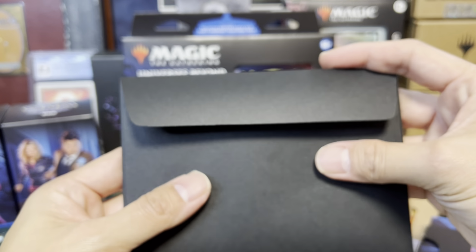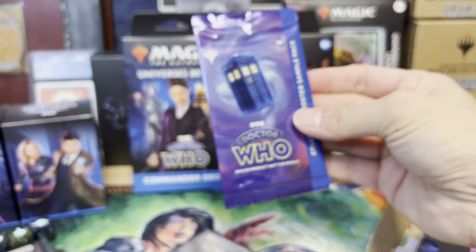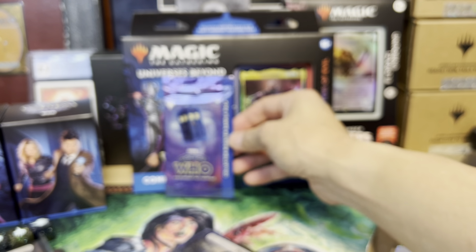And what else we got? Got a little black envelope with a little Collector's Booster sample pack, 2 cards in there, and then you've got